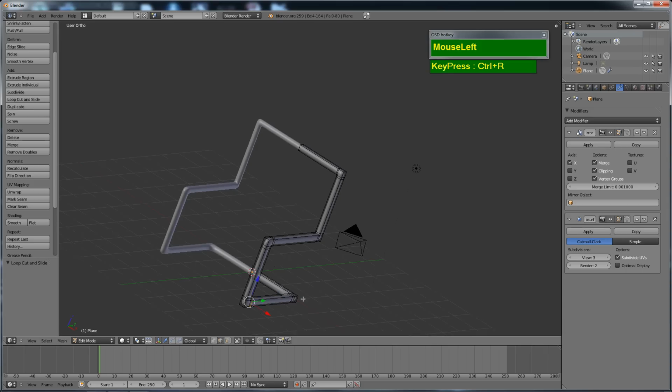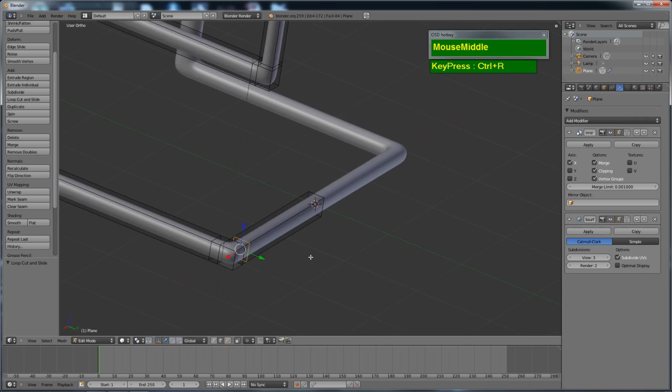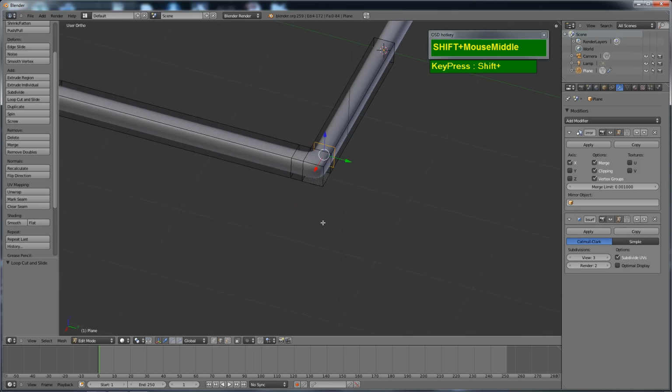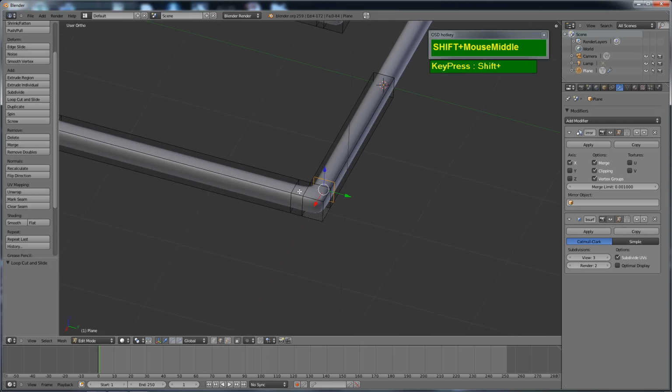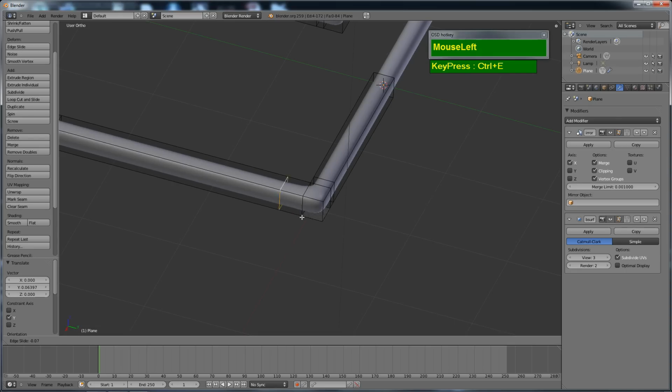One more edge loop here. So what I'm doing is I press Ctrl R, insert edge loop, and then just bring it in. Now if you want to readjust your edge loop again, you want to slide it again, just hold Alt, right mouse click to select this edge loop. You can use the manipulator to slide it, or you can press Ctrl E and choose the edge slide option. Okay, so